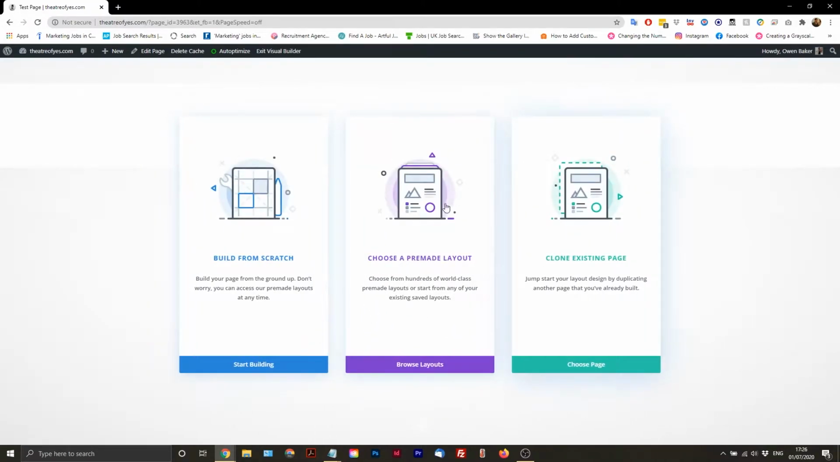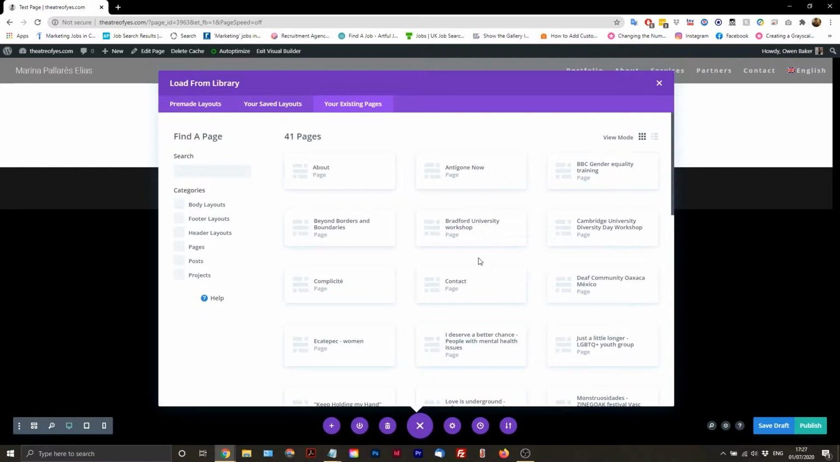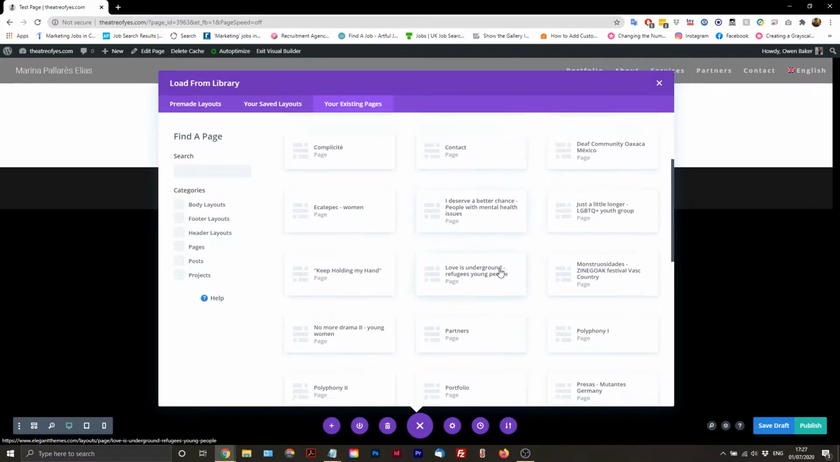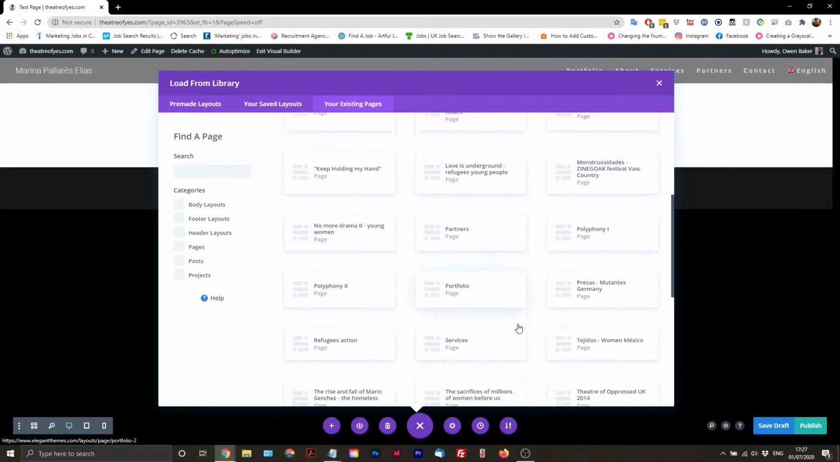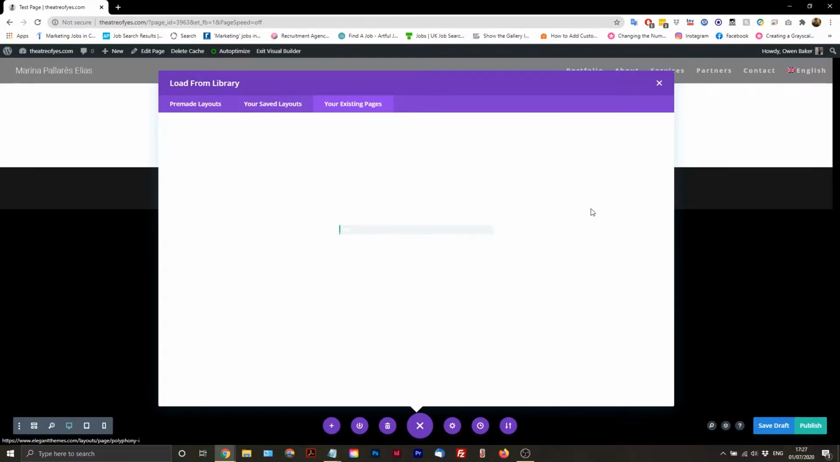So you should then be presented with these three options. We're going to clone an existing page because it's the easiest way to get the correct template. You can clone, as you can see, pretty much all of your English language pages. I'm going to suggest you use Polyphony 1 because it's an example of a page that has all of the necessary elements in it. So I'm going to clone Polyphony 1,